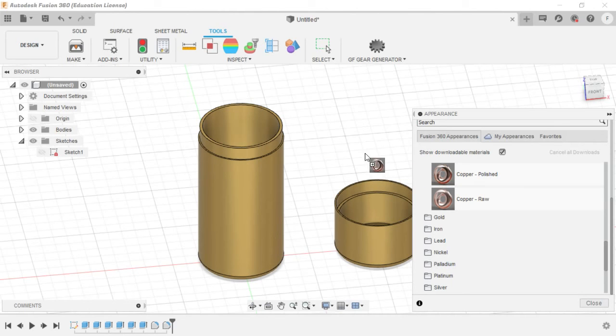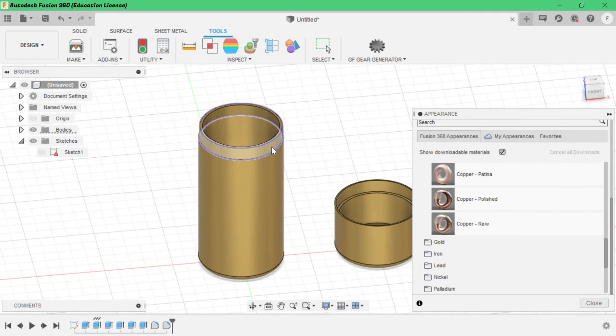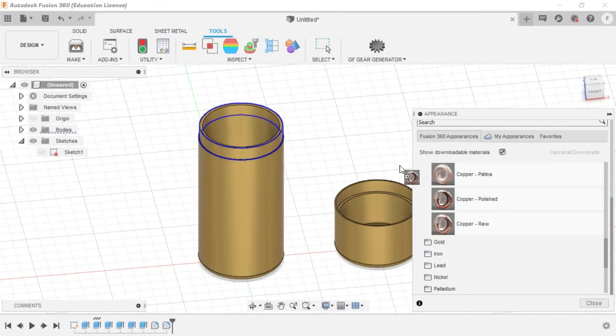If you want to give on this surface only, you can't give like this. Click on that surface, then click on the polished, then go there. See, now you can select done. Copper polish for the inner surface, also you can give copper polish.